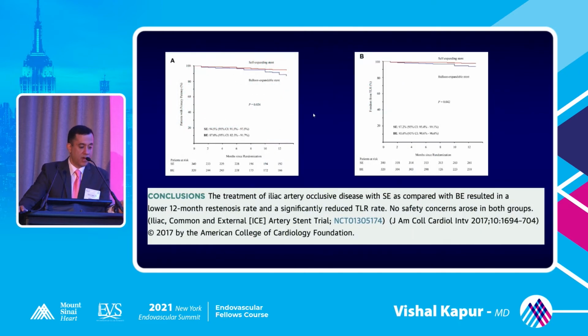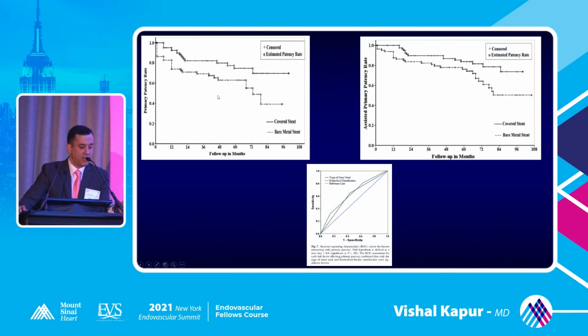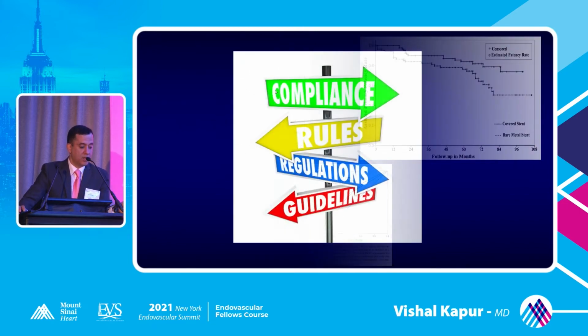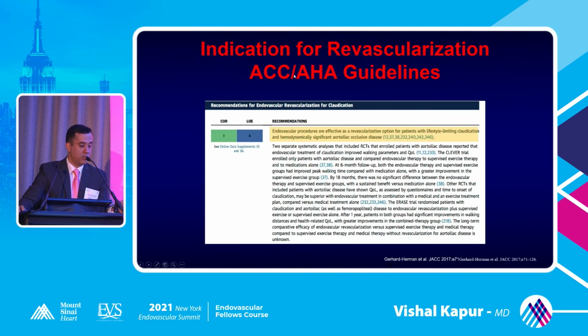And this is, again, the ICE trial, which Shreya was mentioning, comparing occlusive disease, where self-expanding works better as compared to the balloon expanding stent. I'm sure everybody has heard about the COBIS trial, which is pretty much using a covered balloon expandable stent as compared to bare metal stents, especially in calcified lesions. You can see the graph, if you follow them all the way down two years, the difference between the two curves is pretty significant, especially in favor of the covered stents as compared to the balloon expandable stent. Now, data is good, everything is great, but eventually the patient is what you are focused on, and that's what you want to treat them for.